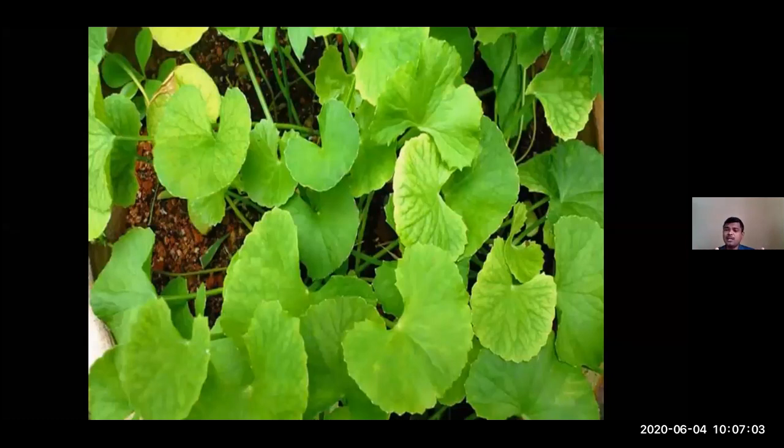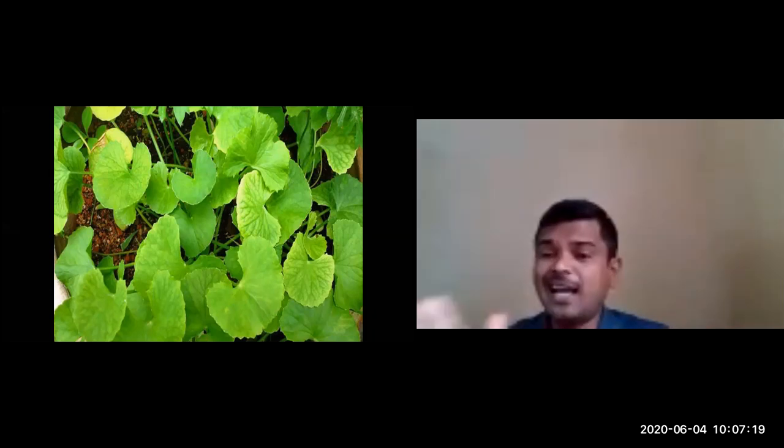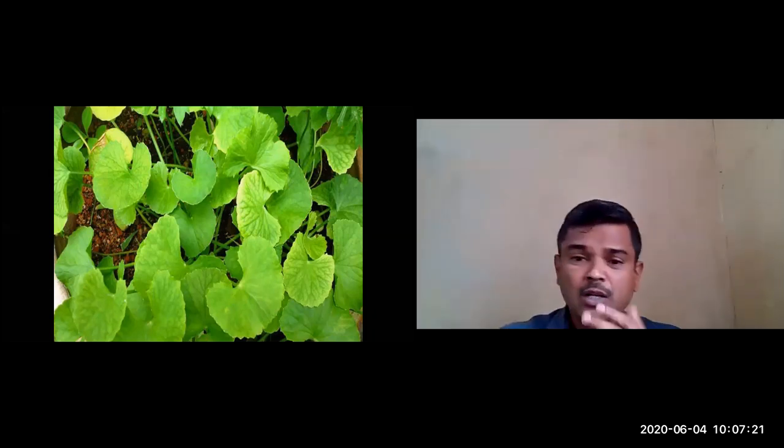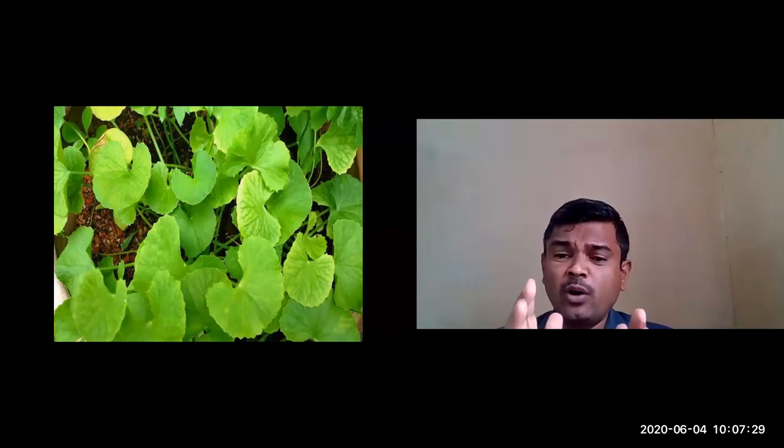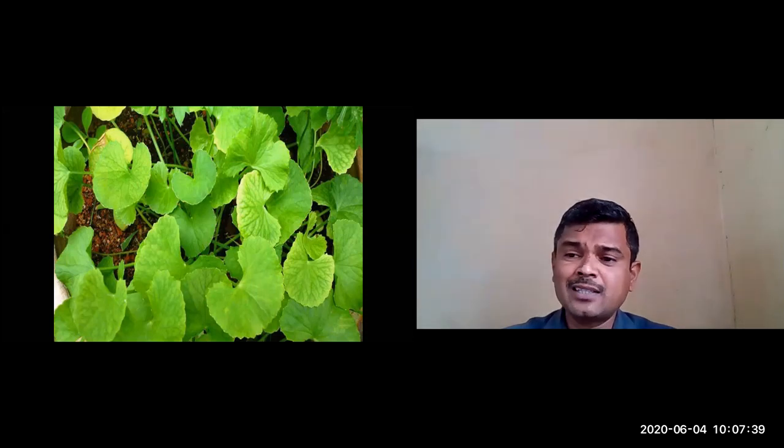Both are used in the name of Brahmi, that is Centella asiatica and Bacopa monnieri. Scientifically you can differentiate: Brahmi is Bacopa monnieri, whereas Centella asiatica is Manduka Parni. If you see the Lokapurusha Samya Siddhanta on that aspect, the shape of the lamina is somewhat like a hemisphere, exactly like the brain hemisphere. Based on that, you can select it as having Medhya actions, which enhance the memory power.